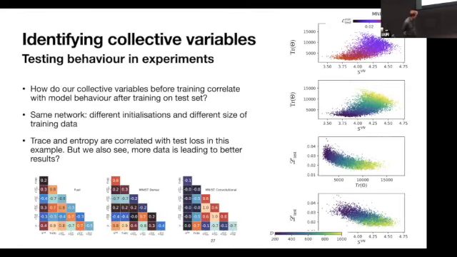And so that's what we did. This is, for instance, for an MNIST task. You can evaluate these two variables at the beginning of training and compare with the test loss after training, or the best test loss throughout. That is shown here at the top right. These are all individual networks, dense networks in this case, that are being trained, all these data points. And you see a trend that you get better test performance if these variables are getting larger.